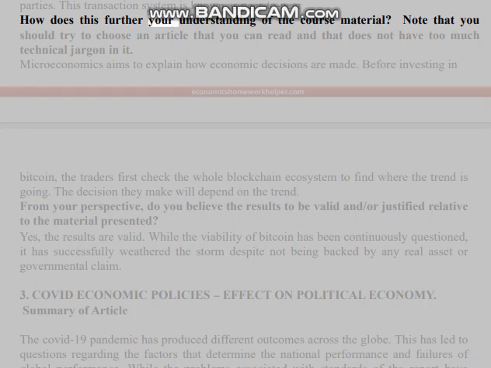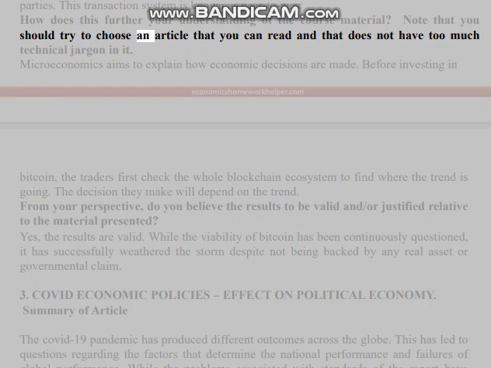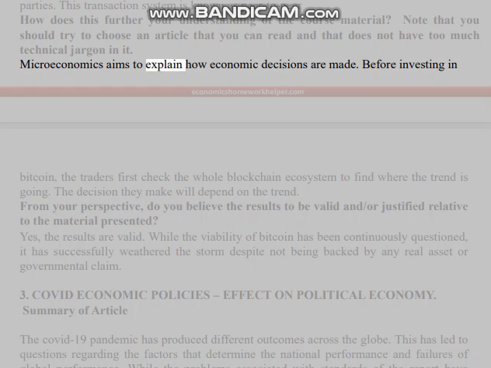How does this further your understanding of the course material? Note that you should try to choose an article that you can read and that does not have too much technical jargon in it. Microeconomics aims to explain how economic decisions are made before investing in